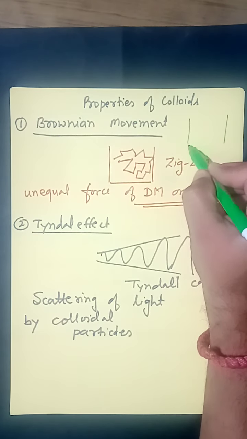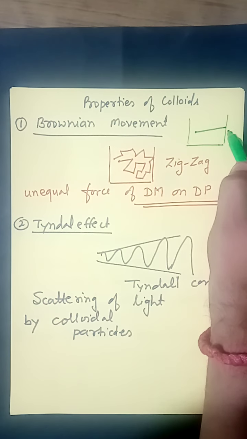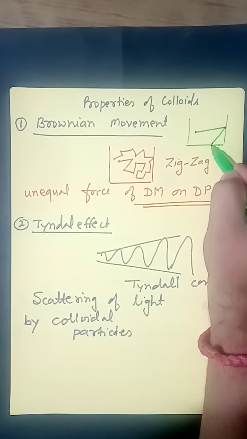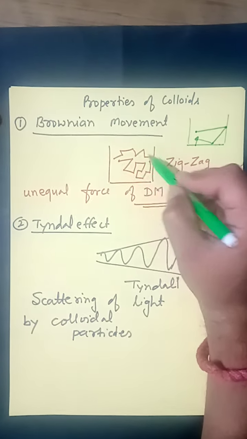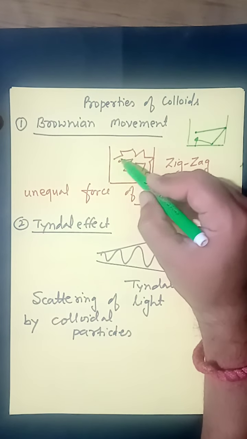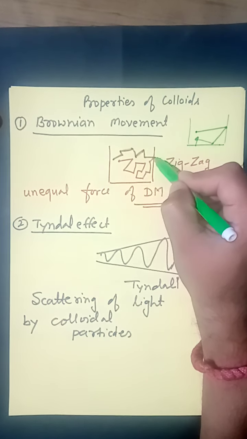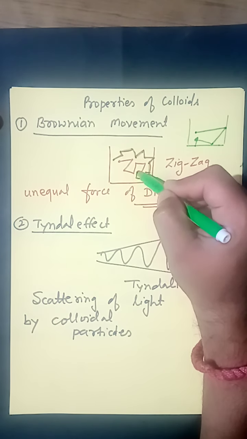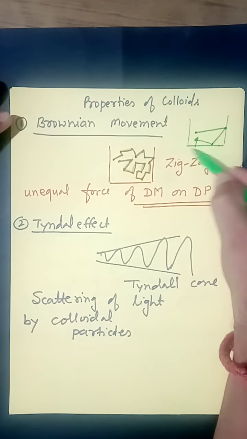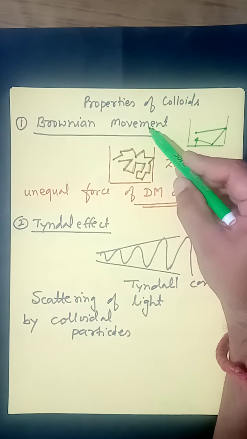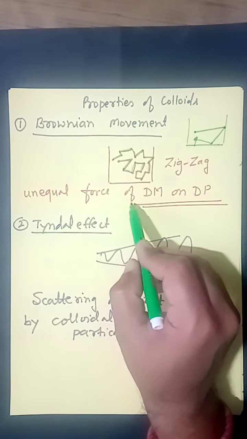Generally, particles of a true solution change direction only once they collide with the wall of the container, or if they collide with some other particle like this. But here this is a colloidal sol, and in the colloidal sol you can see the particle continuously changes its position without colliding with another particle or with the wall of the container. It continuously changes direction of propagation. This zigzag motion is known as Brownian movement, and the reason for this zigzag movement is unequal force of the dispersion